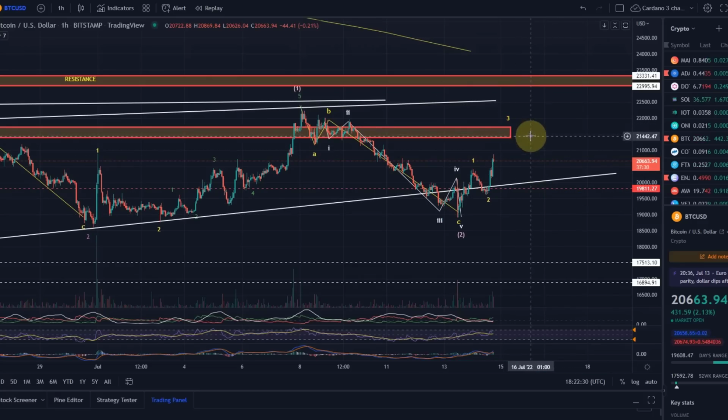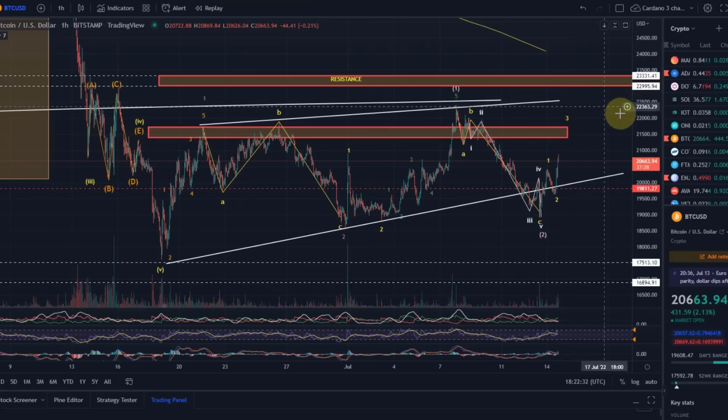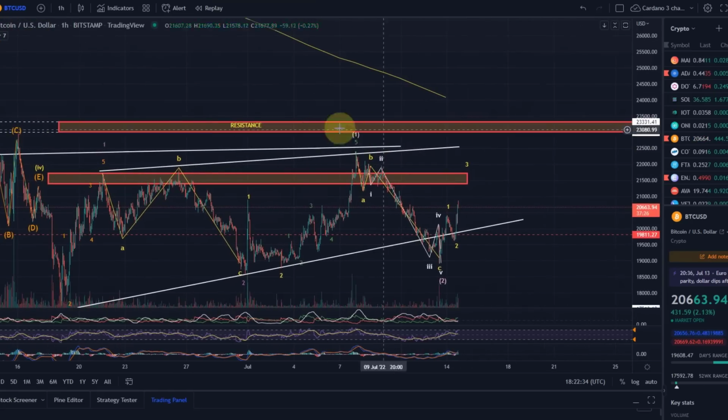So then we get a 4 down and a 5 up, and all of this, for me, still has this resistance level as the most relevant one. Only above this level would I increase the probability for a bullish breakout. And we're talking here not just that we break out above that level, no, I'm talking about that the low has already been in for Bitcoin. At the moment, I give the bullish scenario 25%